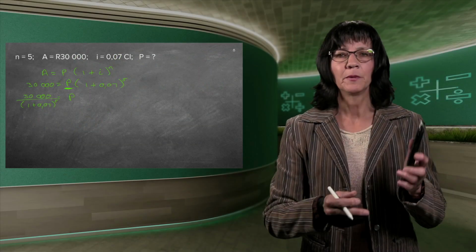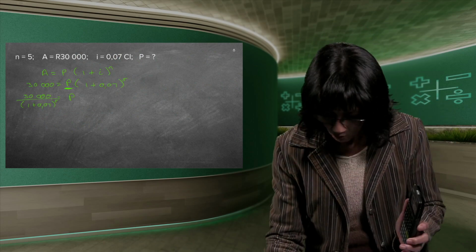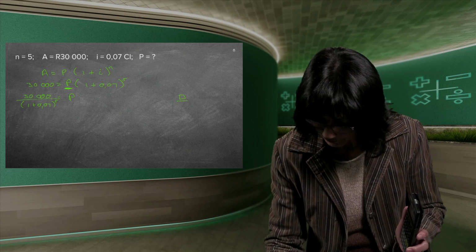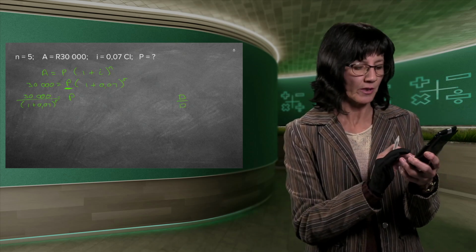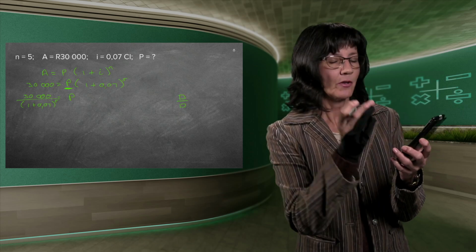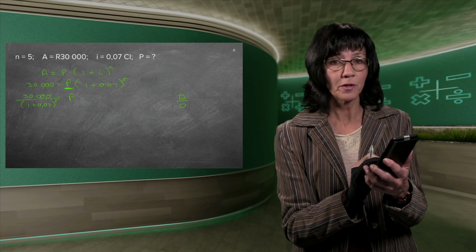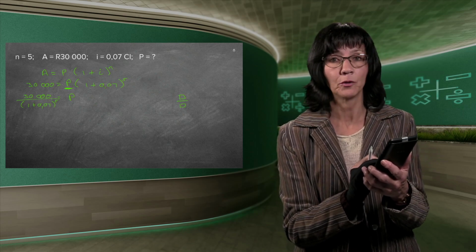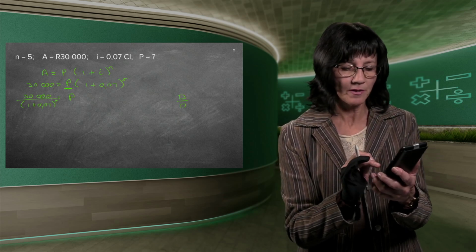Now again, because your calculator is clever, you can press that fraction button, the one where there's a little block over a little block. And then you've got your fraction already. On the top, you slot in 30,000. Then you go down with your cursor so that you're at the bottom of the fraction now, and you slot in bracket. Very important that you do the bracket. If you don't do the bracket, you will not get the right answer. 1 plus comma 07 bracket.